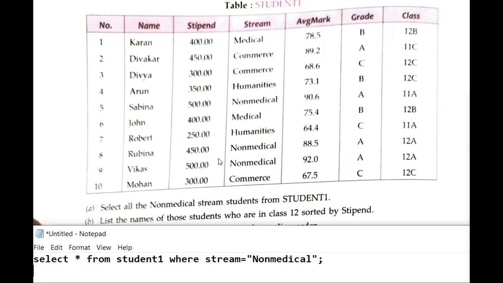You cannot change the sequence. First select, then from, then where, then order. Okay, the sequence you cannot change. Prince, wrong. Karan, you forgot stipend also. Okay, fine. I am writing the answer.